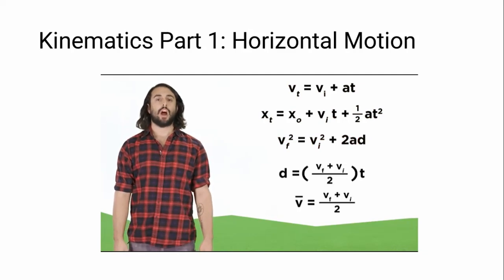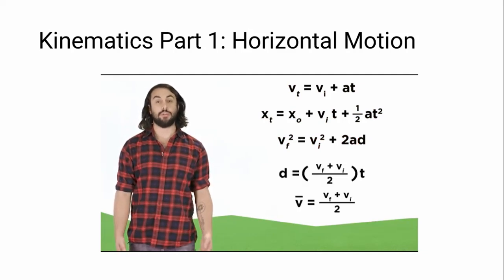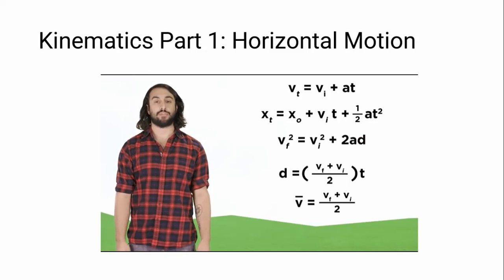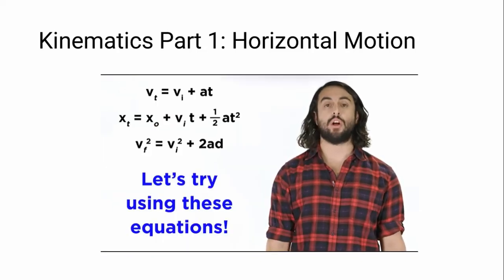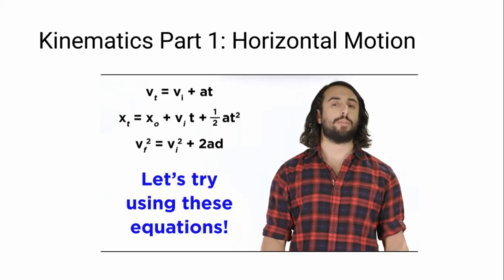Other supplemental equations include these two, which are easily derived from simple definitions, which state that position is equal to the average velocity times the time interval, and that the average velocity is equal to final velocity plus initial velocity over 2, which is the definition for any average. Now that we have these equations and know what all the variables mean, we are ready to apply them to